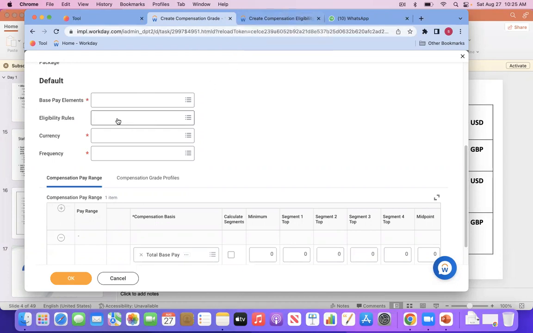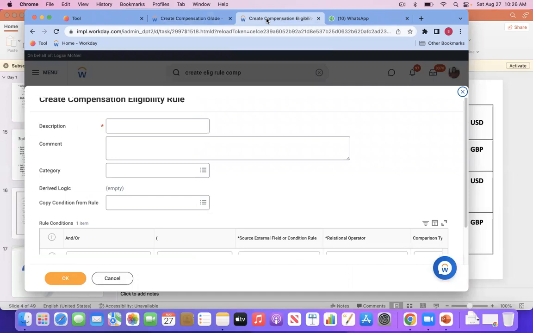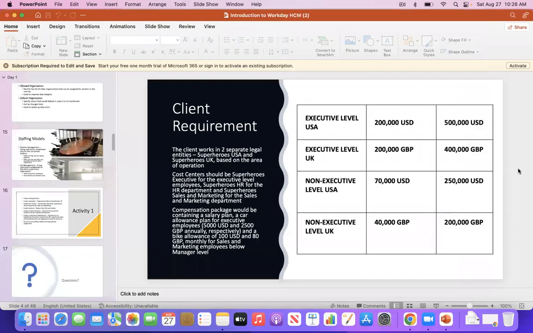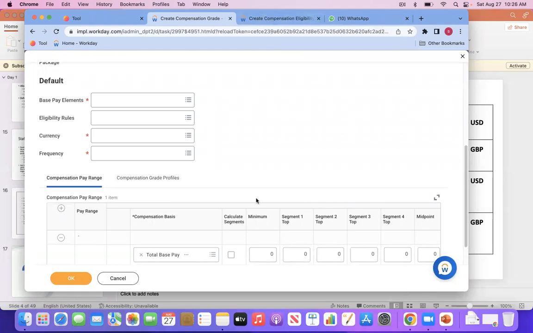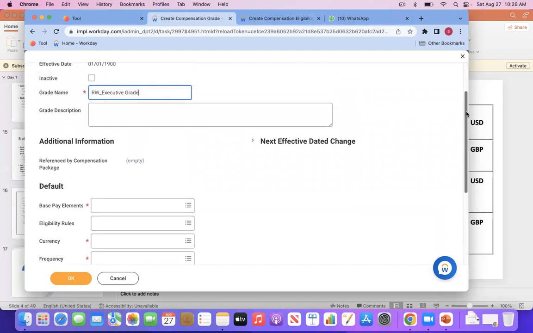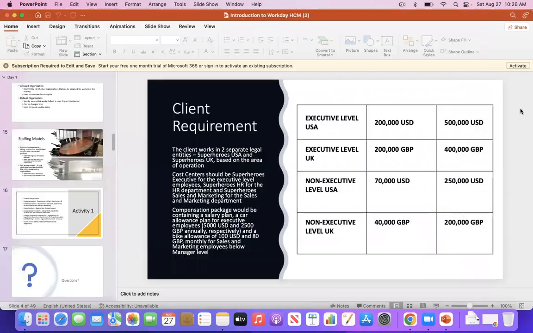So here I'll say the rule will be the guy is between 200 and 500K, and then what else is? The eligibility rule is going to be for the location, right? No. So for the grade, if I go to the grade, the eligibility rule would be the employee has to be an executive grade employee. So it is also mentioned, what you can see here is,